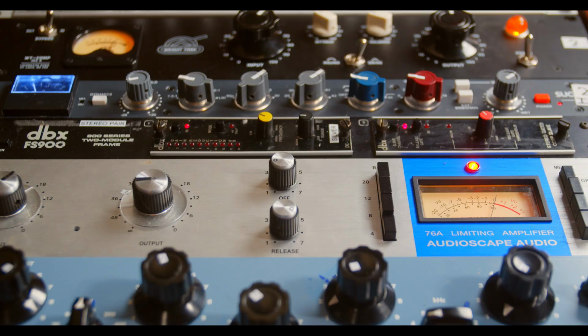Our vocal is on channel 4. I have that going to a 76A, and then the 902 de-esser is following that via the insert jack. So if I'm using some aggressive compression and I need to control some S's, then I can activate the 902